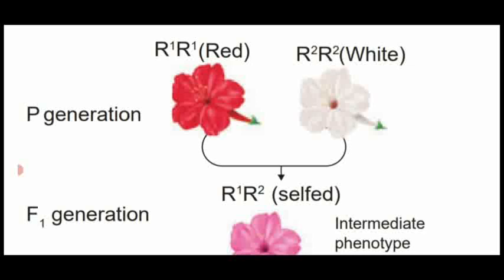The ratio of the incomplete dominance is 1:2:1. One is the dominant parent, another is the recessive parent. The middle two show the intermediate heterozygosity. A newly formed gene combination or variation is produced by the incomplete